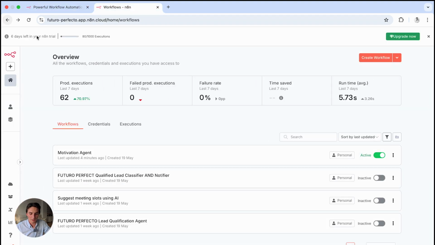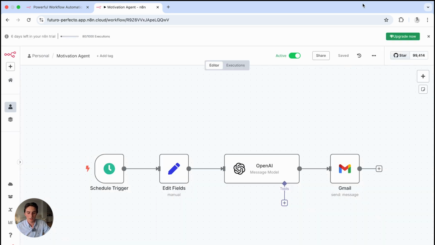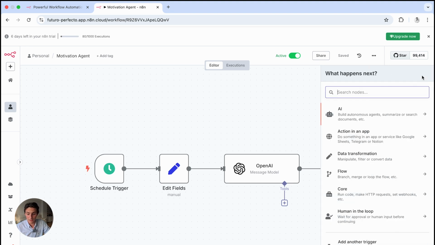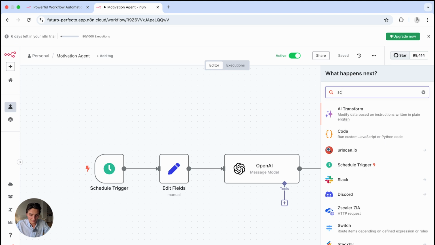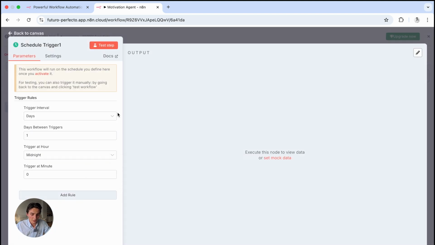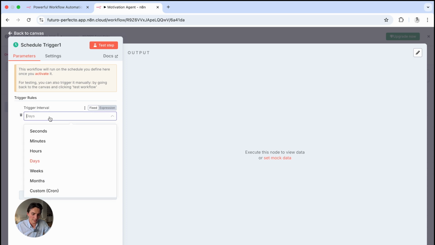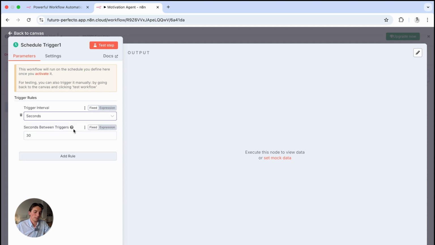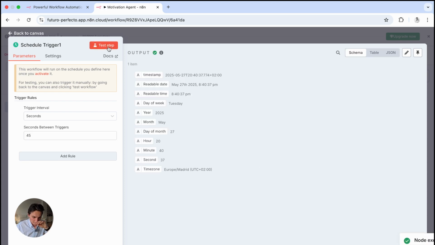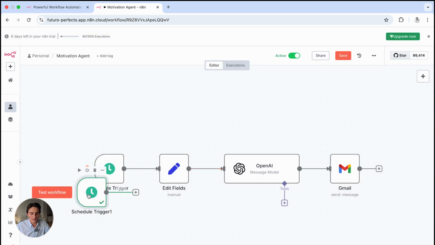But for me, because I'm building something that I'm teaching right now, I'm going to go to the one I've already built and build the second one on top of it. So the first thing that we're going to do is hit this plus button right here and type in schedule trigger. You can see under here it has the days, seconds, minutes, hours, weeks. It's up to you. I have it daily, and I have it every day at a certain time, but let's say we wanted to do it every 45 seconds just to show you. So here we go. We'll test it out for 45 seconds, hit test,